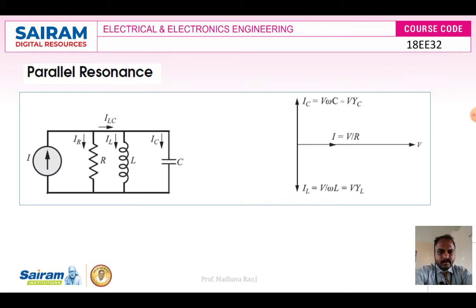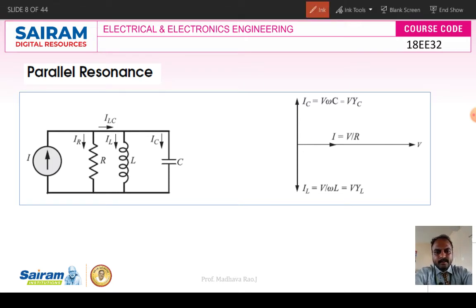In this circuit, we are considering currents as references, not voltages as references. The current flowing through the capacitor leads the voltage across the capacitor. Voltage and current in the resistor will be in phase, and the inductor current lags the voltage by an angle of 90 degrees. If you see the phasor diagram, the angle between voltage and current across the capacitor and inductor will be 90 degrees, but in the resistor, current and voltage are in phase.